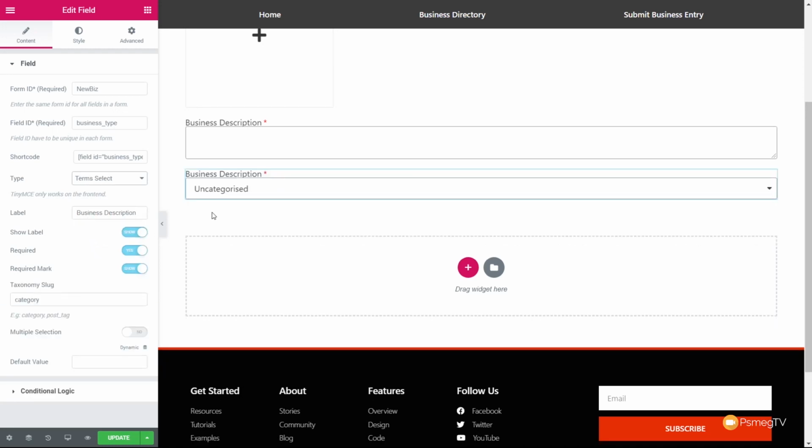Once we've done that, you can see at the moment it says uncategorized because it's automatically pulling in what it thinks is right, which is going to be the taxonomy slug of category, which is the default that you have inside WordPress itself. However, we don't want that. We want to use this as business underscore type. You'll see once we do that, a couple of seconds, and it'll then go through and it'll update the information